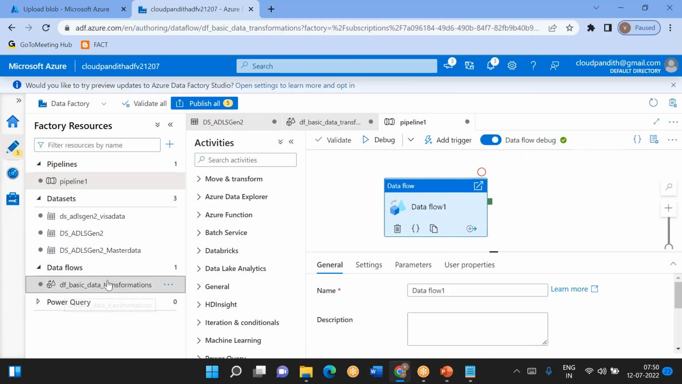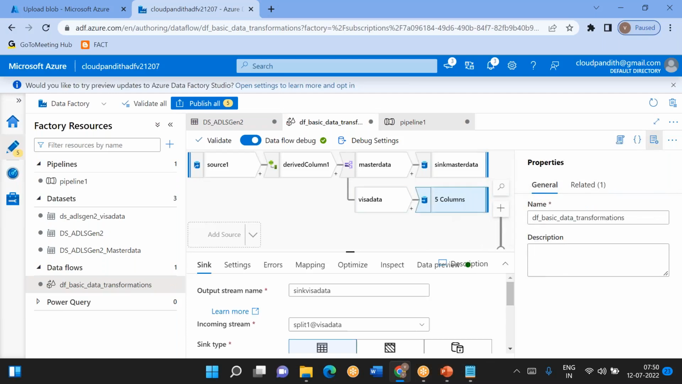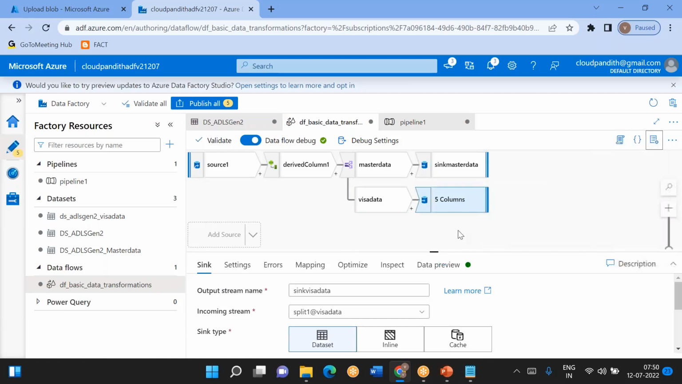One thing I forgot to do, come here, sink. So whenever you are writing the entire output to a single file,